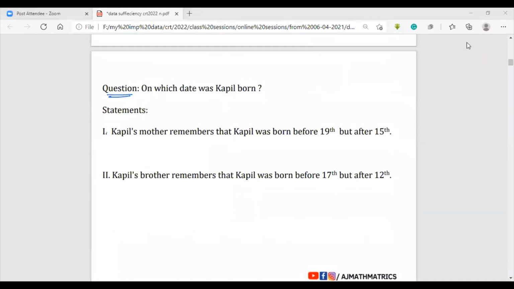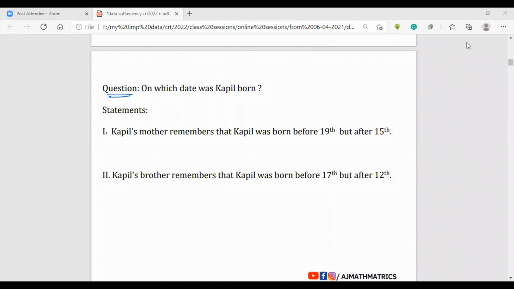Now tell me the option for the question. Be clear, I am asking about the options. So that's why I am asking you, is there any doubt in the options? So you have to tell me the options now, and don't tell me that you are just confused with the options. Now you have to pick the option.